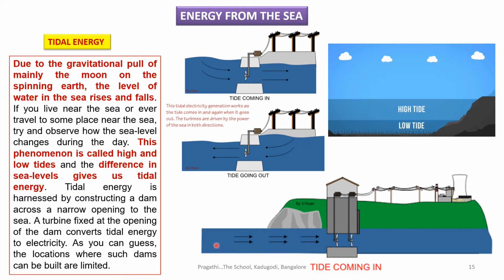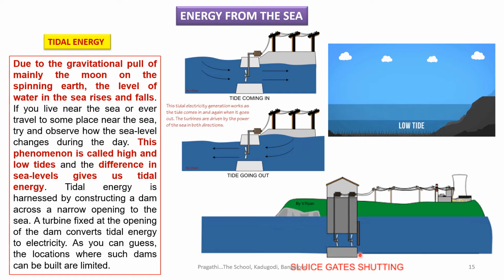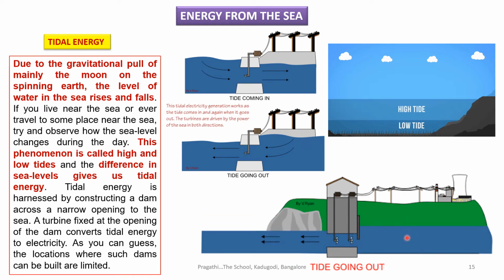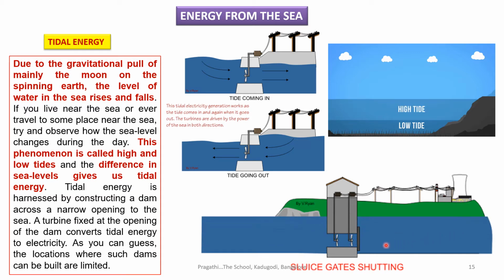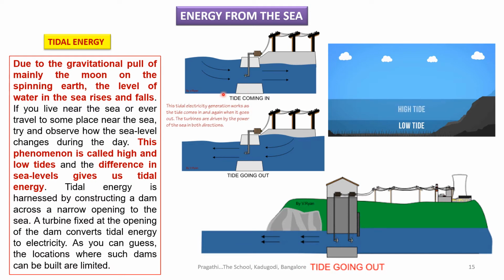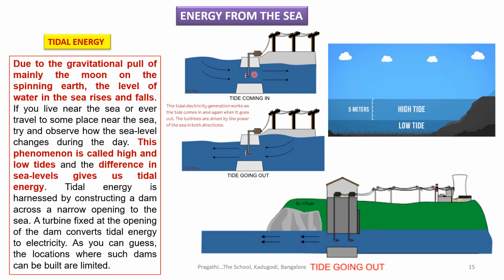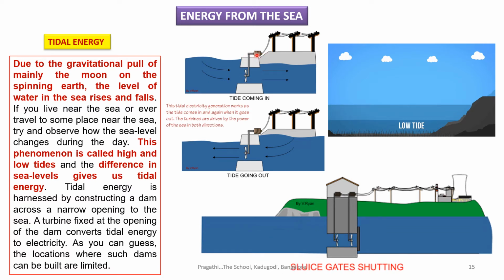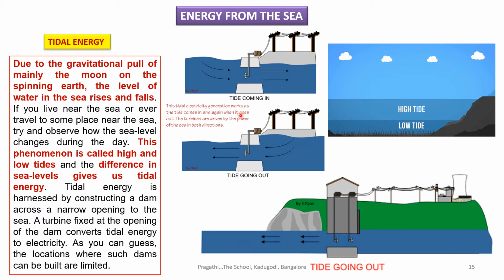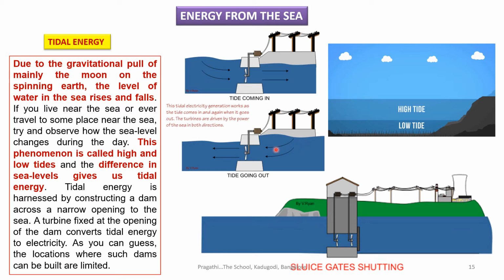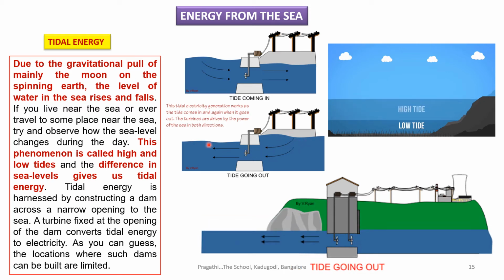What happens? Closely observe. See, the water is entering here, and the turbines start rotating, and suddenly this closes, and this will increase the height. And what happens suddenly if it is taken out? Again, the water flows from the right side to the left side. You can see here in this picture the tide coming in. When the tide is coming in here, this is high tide and this is low tide. It rotates here, and it rotates the generator, and electricity is produced. This is the tide coming in. And once it has come inside, again it should go out, and this becomes the high tide and this becomes the low tide.